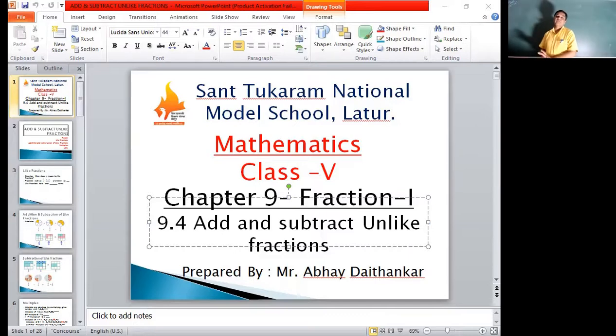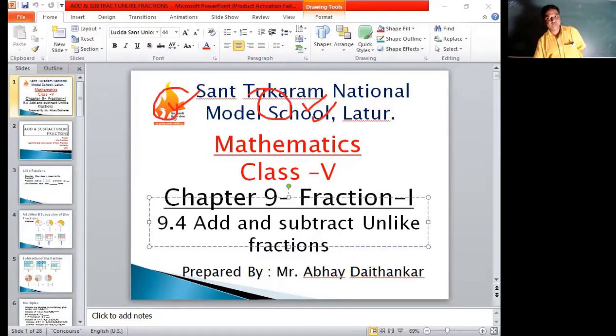Now, for addition of like fractions, you can see that there are two circles which are having the same size. They are divided into 5 equal parts. In the first circle, one part is shaded. In the second circle, two parts are shaded with the yellow color. Now, if I take both the shaded parts on the same size circle, what fraction of that circle is shaded? You can see that there is one part from the 5 parts in the first, and there are 2 parts. So if I take this one part over here and overlap, this will become a total of 3 parts